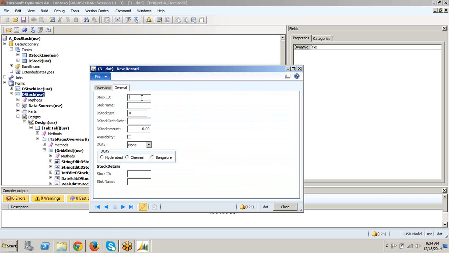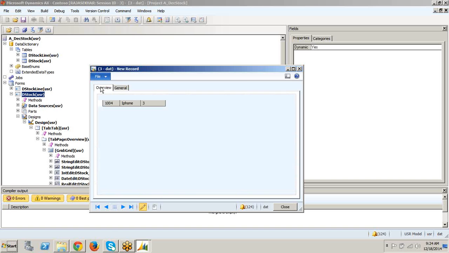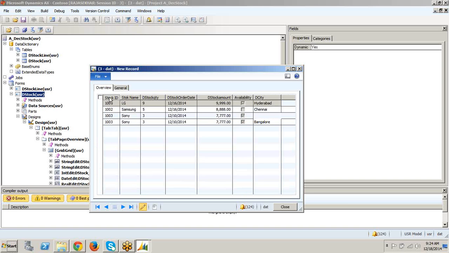See here I am giving 1004 stock name. And I am saving this, Control S. Now you can see it here. But here you cannot modify any data.